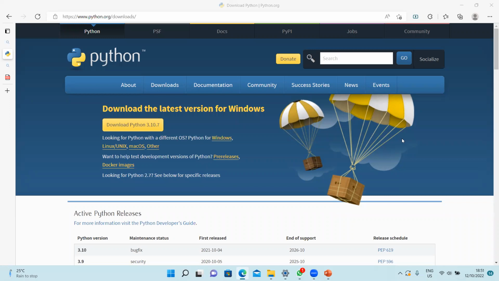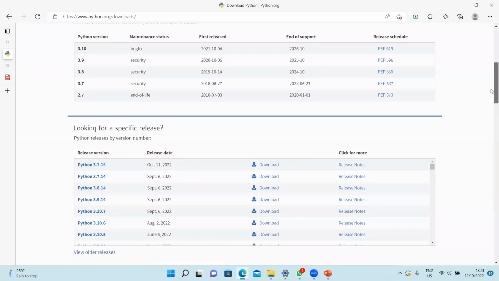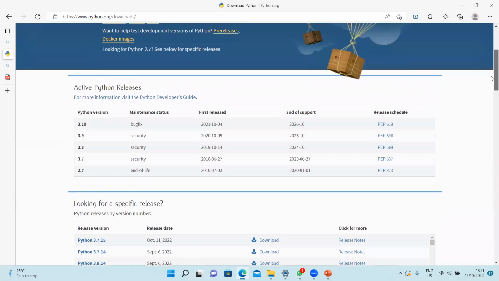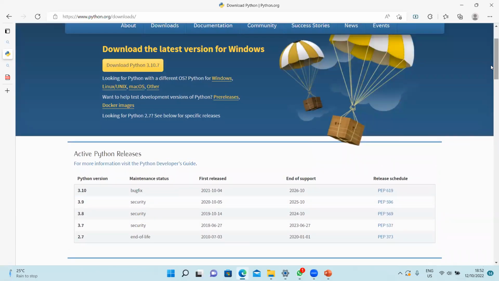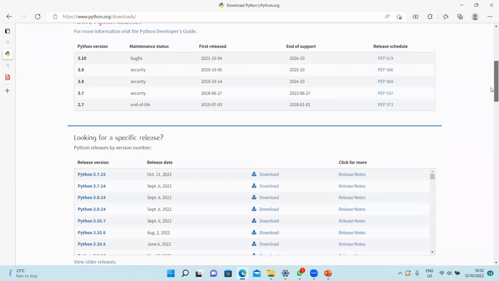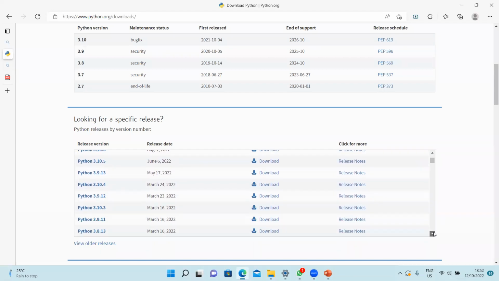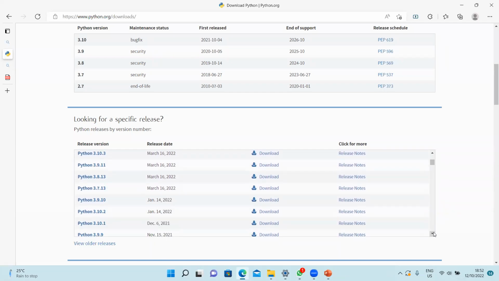This is the Python official website. There is a series of downloads, the latest released one, and at the moment the 3.10 version is there. But I prefer using software that is at least 1 year old, because the later software may consist of bugs. If the software is at least 1 year old, there will be fewer bugs. Don't try to move to the very latest one. If it was released in 2021 or so, that is of course good.